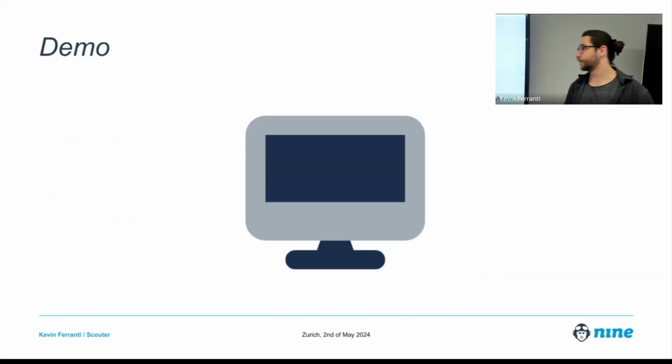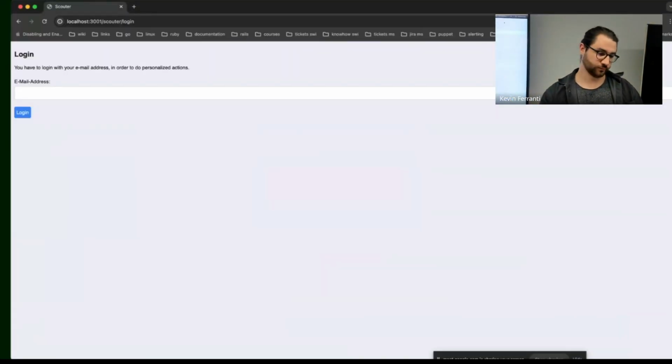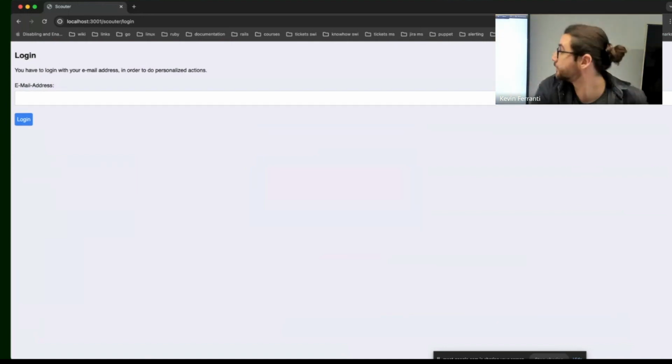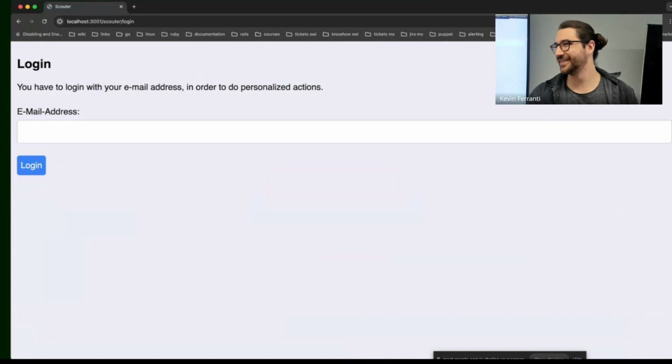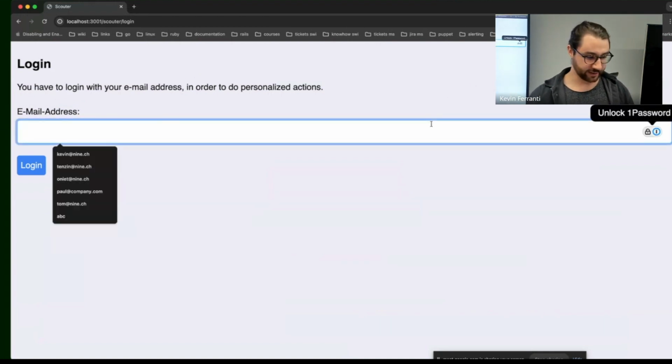Next up, I want to show you a demonstration to show you what Scouter looks like and what it can do. First, if I open the search engine, I can log in, make it a bit bigger. Can you see now? Good. I can use my email address, and you see there's no password, so at the moment there's no authentication. You can just log in with your email address